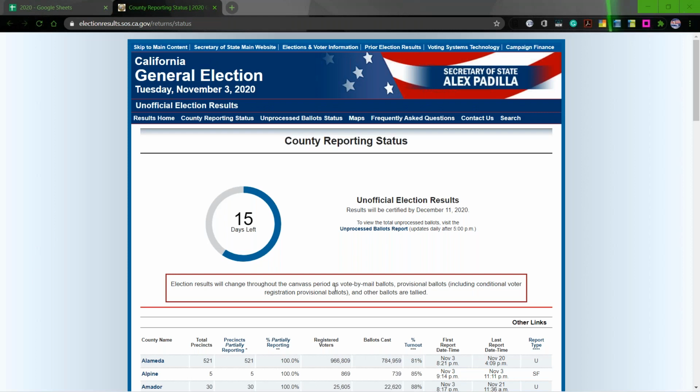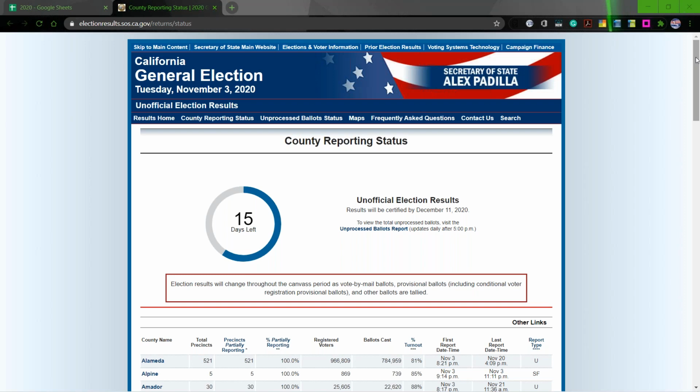Hello. Okay. So I have managed to find some inconsistencies in the numbers that are being reported to the California elections page. So here we are at the California Secretary of State's election page, and we're looking at the county reporting status currently. Just to give you a really quick rundown and overview, we're going to be looking at two dates in particular: November 6th data and November 10th data. That's just to get that out of the way really quickly, and the numbers that are being reported there.